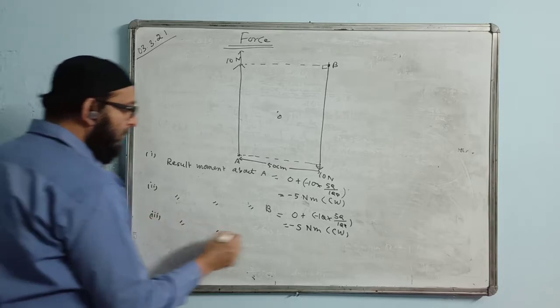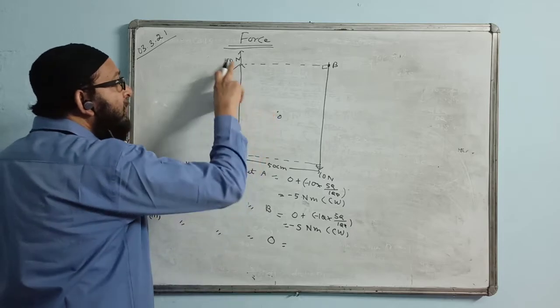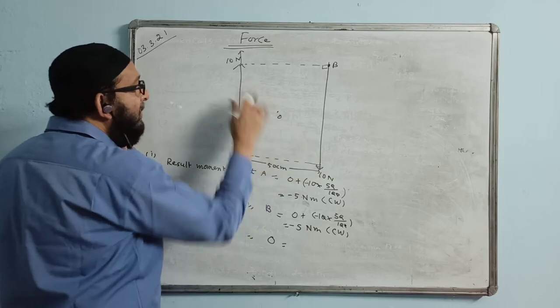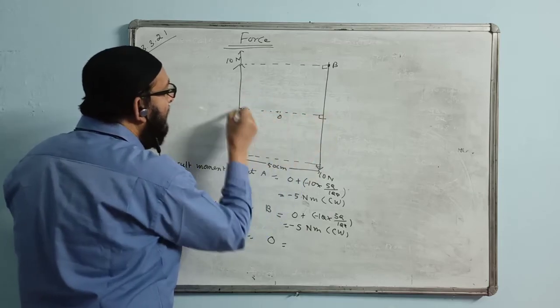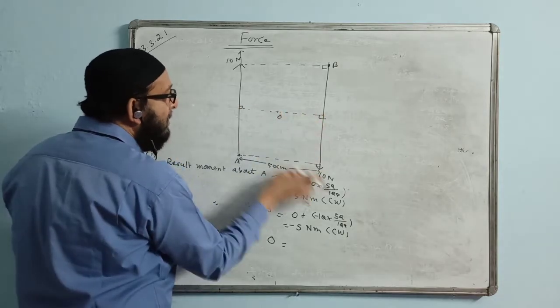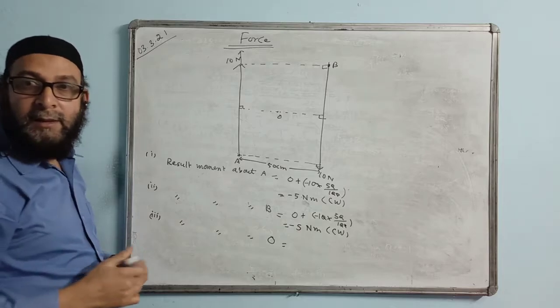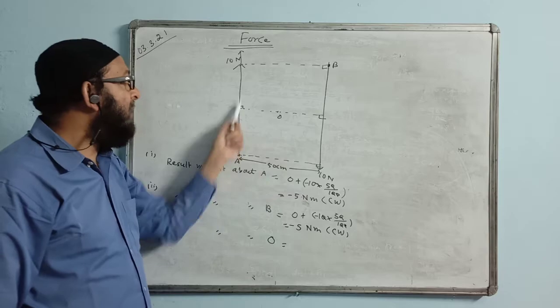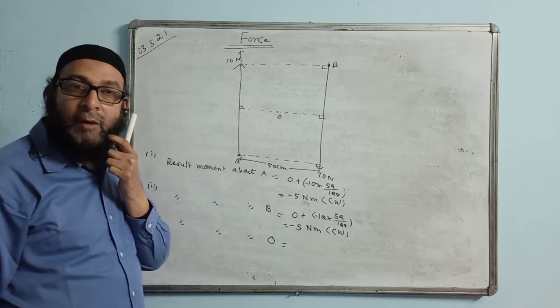Third one now. About O. None of the forces, neither this 10 Newton nor this 10 Newton, is acting at the point O. That means both of them will create moment. So I can join like this way. This is the perpendicular distance for this, and this is the perpendicular distance for this force. Here we see that these two are forming a couple. This force is acting downward, this is acting upward. This is the midpoint. So this is a case of couple.